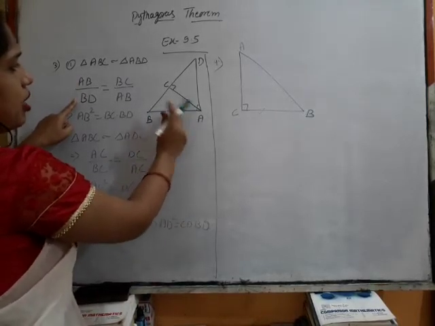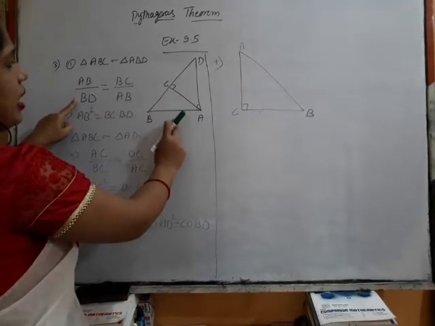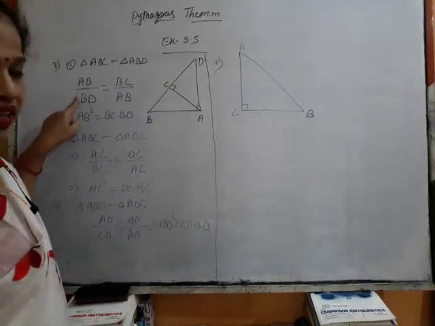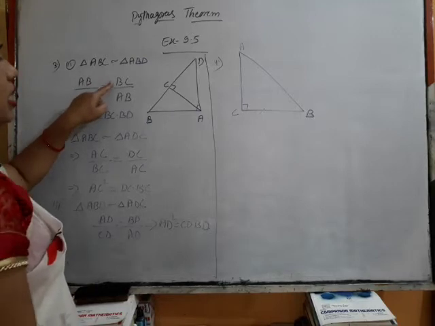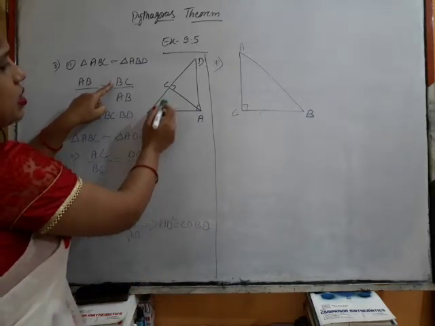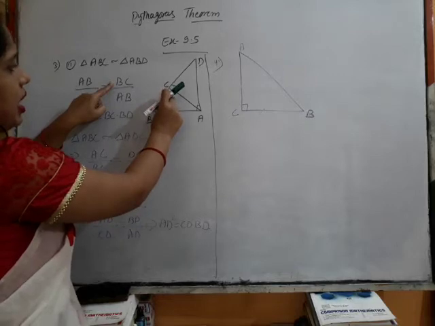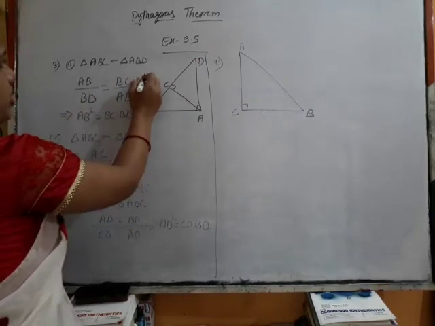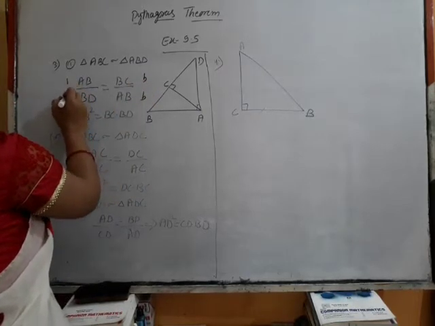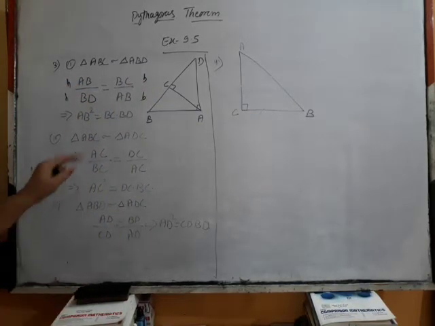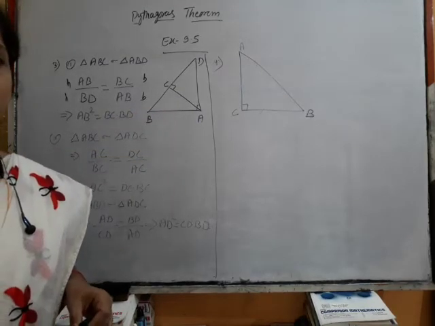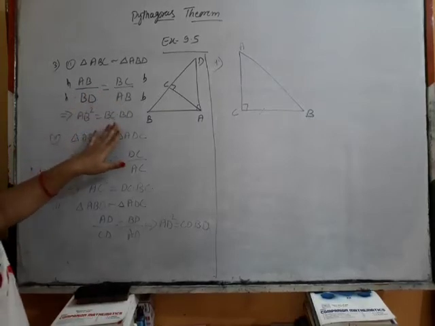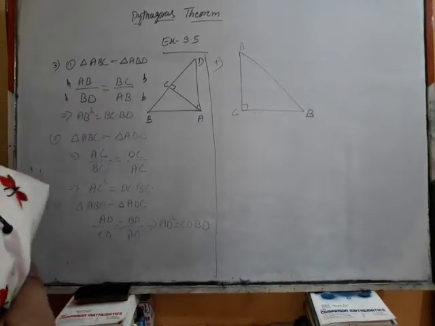The hypotenuse for this smaller triangle ABC, and the hypotenuse of the bigger triangle is BD. So the ratios of hypotenuse, they are corresponding. Now BC is the base or the perpendicular for this triangle, and AB is the base for the bigger triangle. So the ratios of the bases and the ratios of the hypotenuse. So you have understood how the corresponding sides are similar of the two similar triangles. So that we have used. Now with this AB into AB, AB square, after cross multiplication we will get the result.